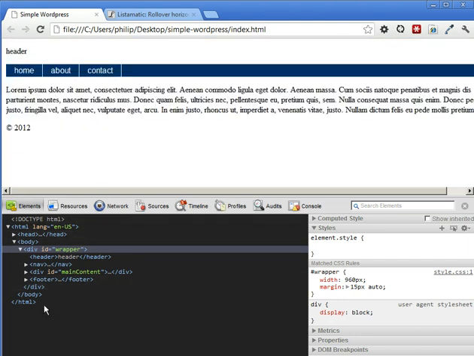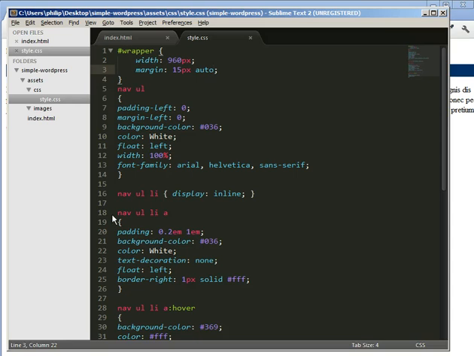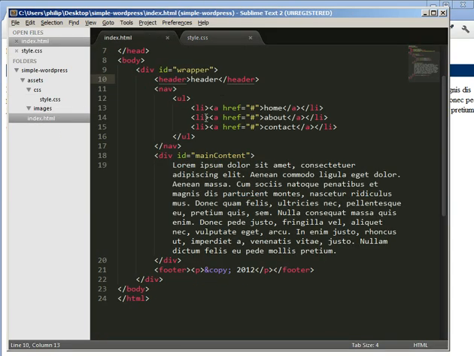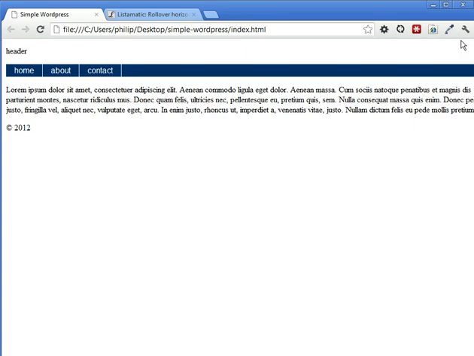One other thing I'd like to clean up is in my HTML page. I'm going to close the console there. What I like to do is when divs close, I like to put an ending comment, and this is going to be main content. Double click, copy, and paste it there. And the same thing for here. I just have a snippet set up, and this is going to be wrapper. So wrapper ends there,